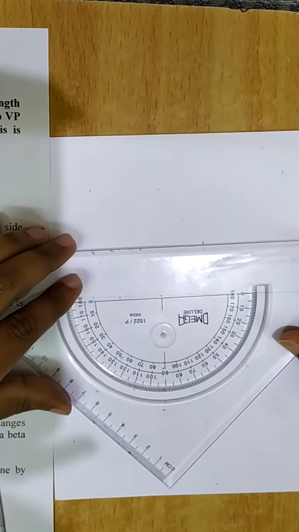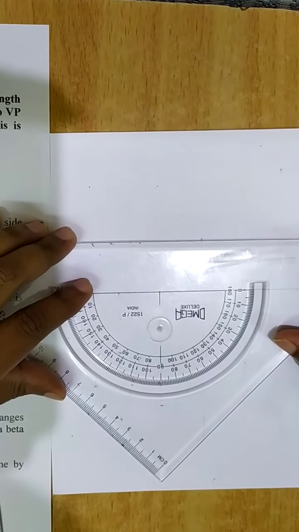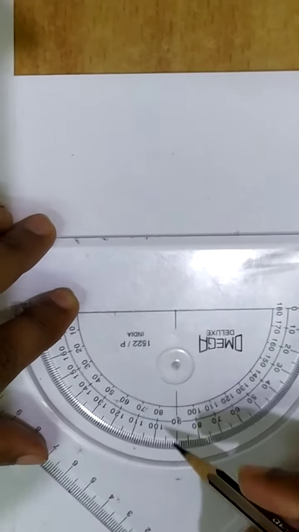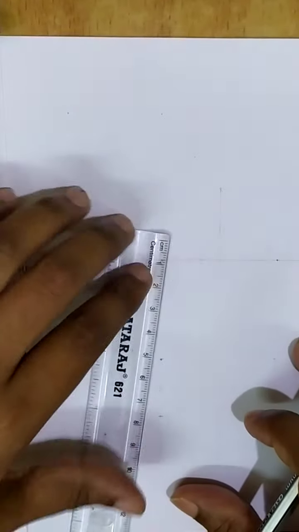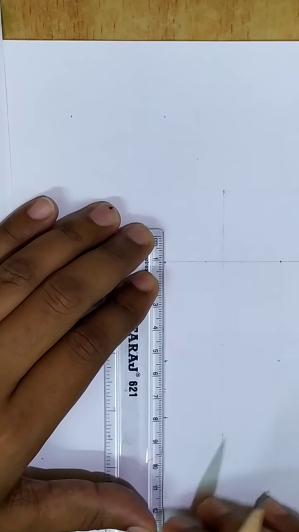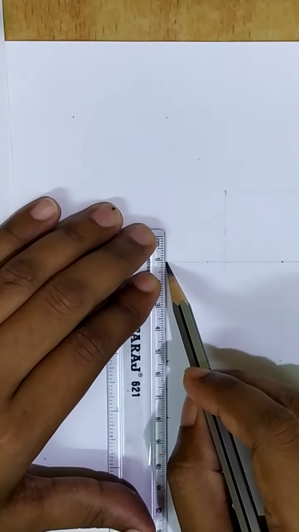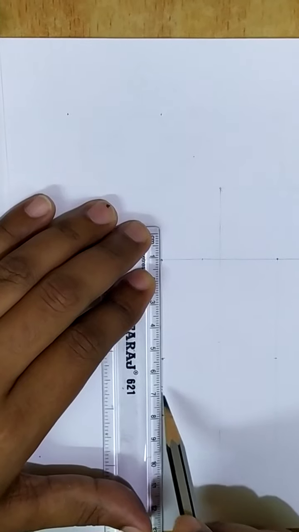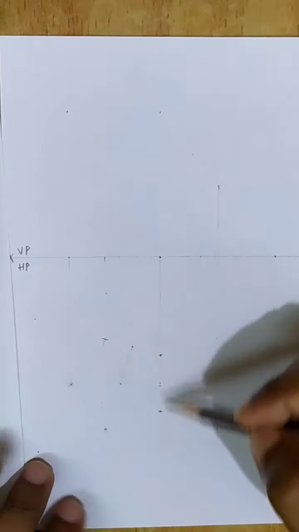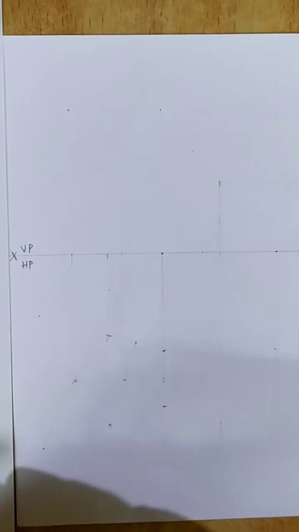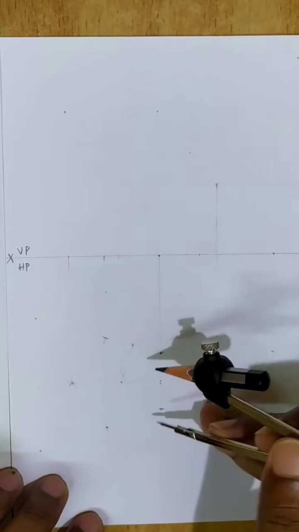With respect to this point, I have taken a 90 degree line. With the help of the protractor, I place my protractor at that point along this XY line and mark one 90 degree point. With respect to this 90 degree point, I have drawn one thin projection line which passes through the reference point and the 90 degree point. So this is the vertical line. On this vertical line, I'll choose any one point. I'll choose this point.